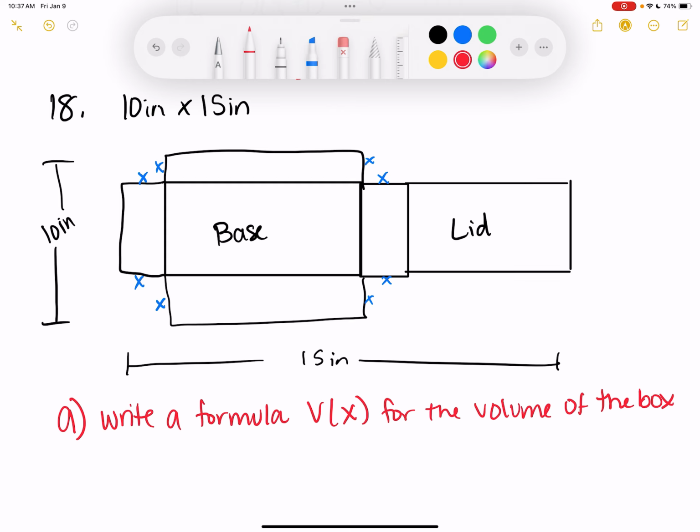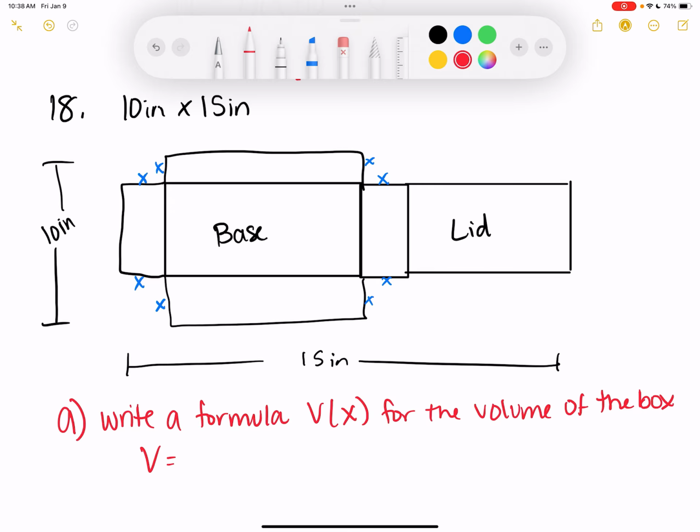So I need to kind of figure out what each of the dimensions are first. So I need to figure out what my length, width, and height are. Because volume of a rectangular box is going to be length times width times height. So